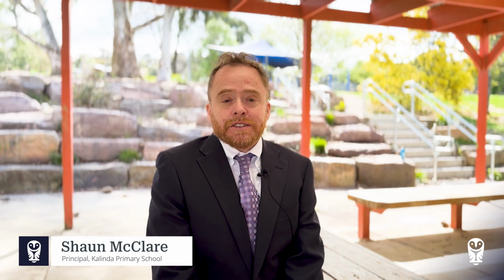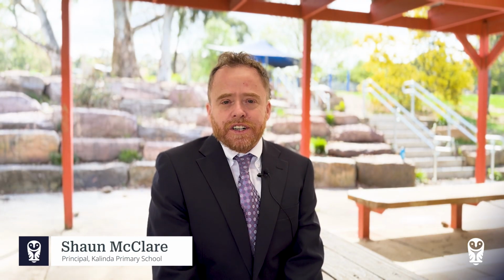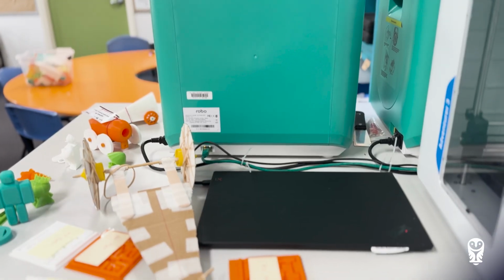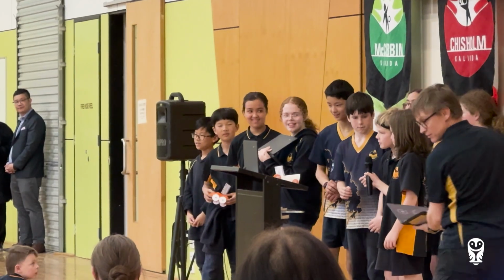Our approach with STEM as a specialist subject is that it's always hands-on. It's always looking at big problems and how they can come up with solutions for those problems. It includes a lot of elements of design, collaboration, thinking outside of the square, and looking at learning in a